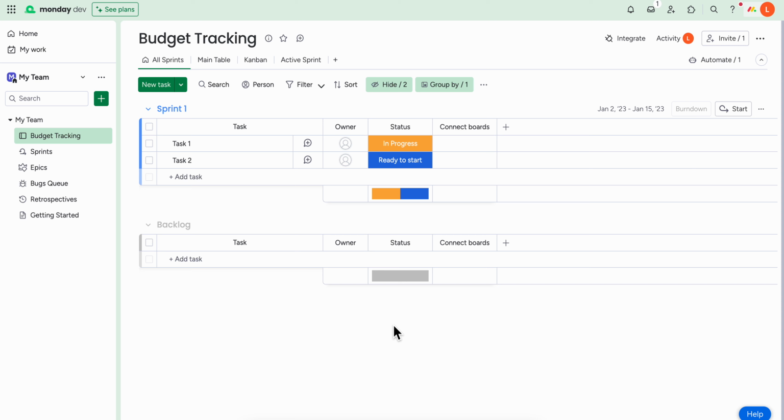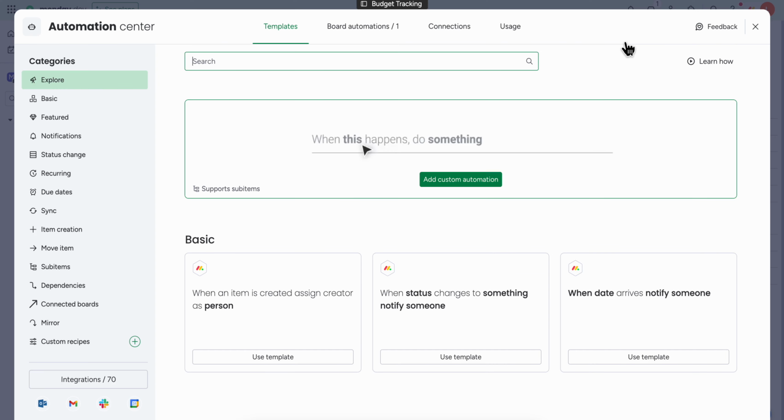How to integrate Monday.com with Microsoft Excel. So all you have to do is simply open your Monday.com project and then simply click on integrate in the top right corner, as you can see right here. Now the next step is to simply search for Excel. So let's search for